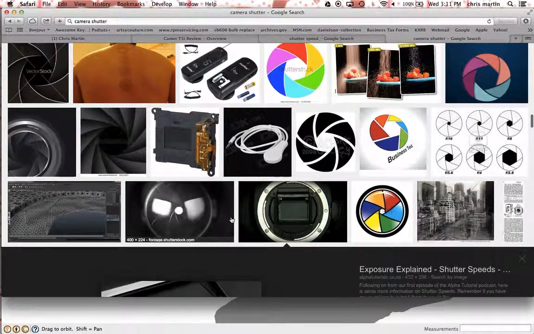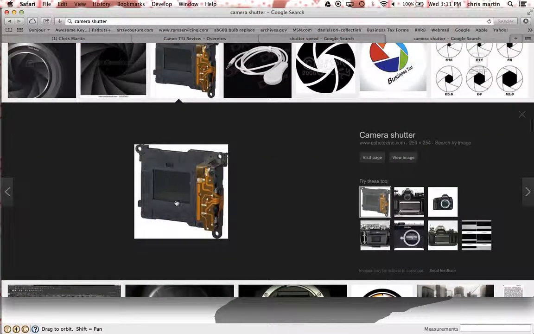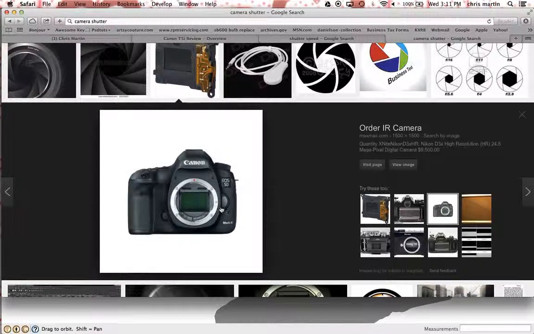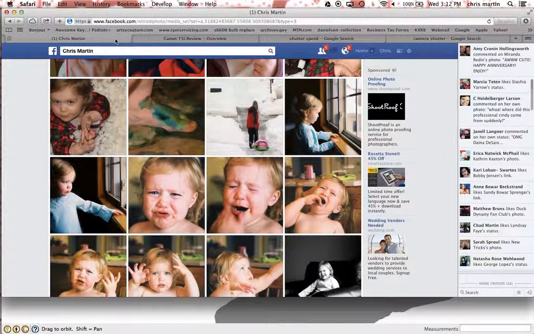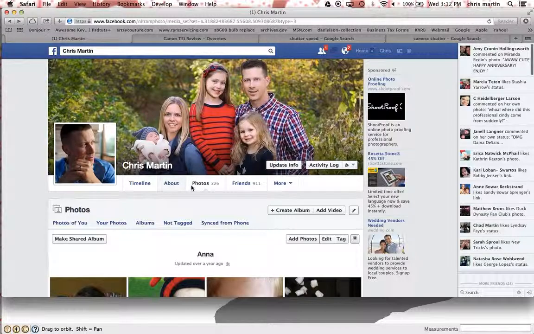If I take a long exposure, here's an even better example right here of the shutter mechanism. When I have a fast shutter speed, the shutter opens and closes extremely quick. Fast shutter speeds range anywhere from like 1/4000th of a second all the way up to, relatively speaking, like 1/500th of a second. 1/125th of a second could be considered fast, at least fast enough. Slower shutter speeds get different effects. Now, going back to the Chris Martin home viewing library here,